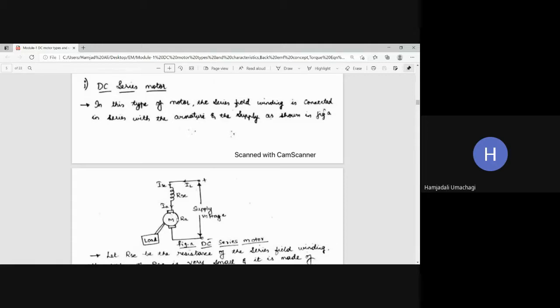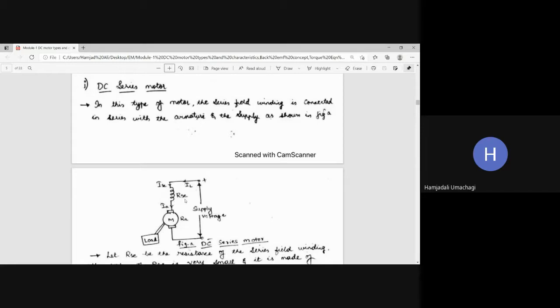The armature winding will be inside this section, and it has its own resistance called the armature resistance, represented by the letters RA. As I told you yesterday in the class, if it is a motor, then the direction of the armature current will be inside the machine. That is, the armature current is entering, in the sense of electrical input. So the armature current direction is inward.